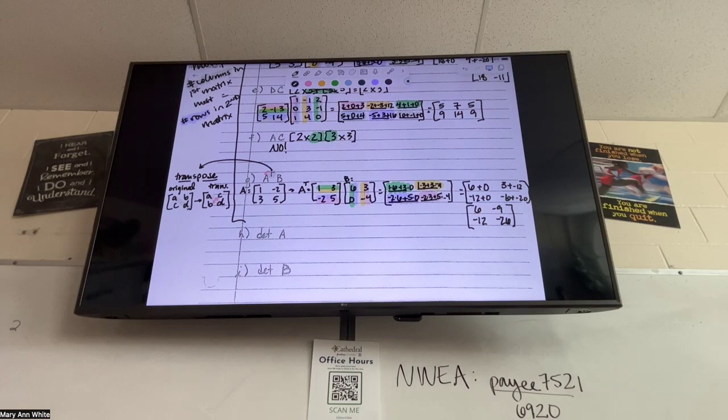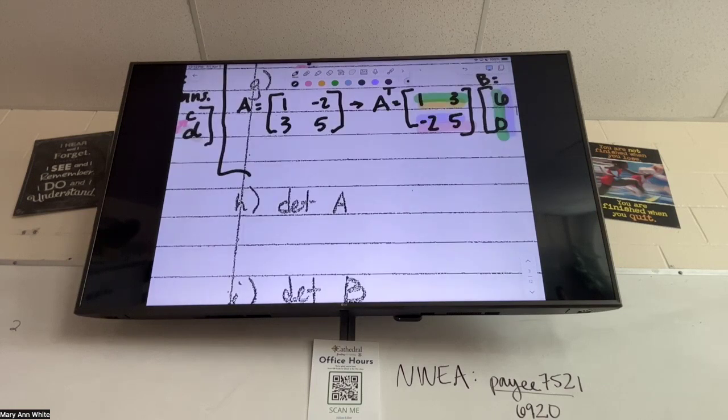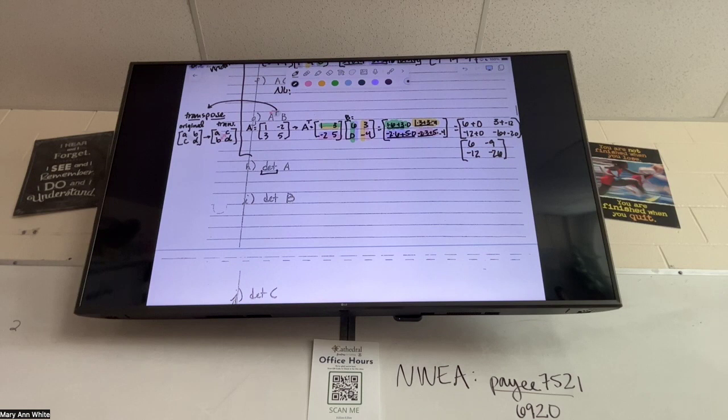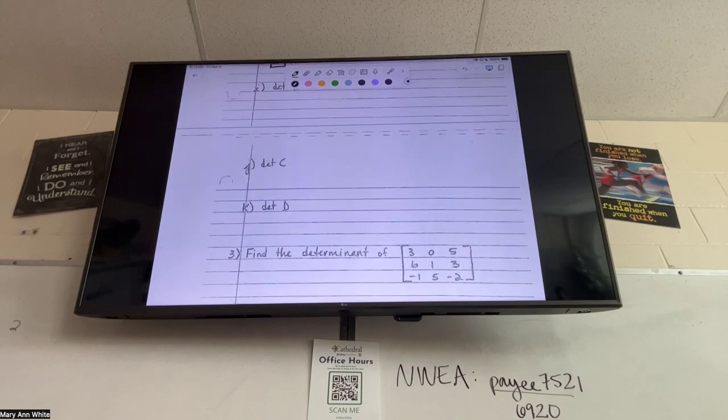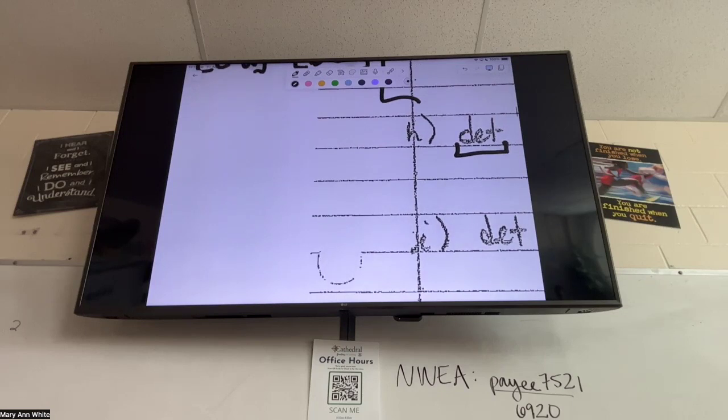Let's learn one more new thing and then I think it'll be time for lunch, okay? This next little bit, it says DET A. And if you notice, the next one says DET B, and if we flip the paper over, we've got DET C and DET D. So we've got to learn this DET. That is this word right here, the determinant, okay? So we're going to make a little note off to the side over here. DET is equal to the